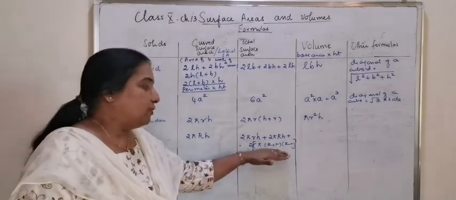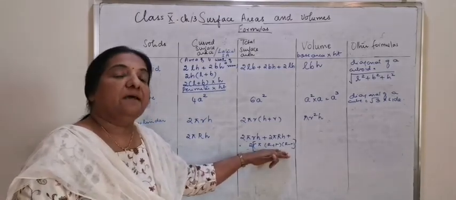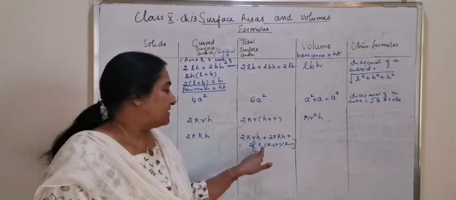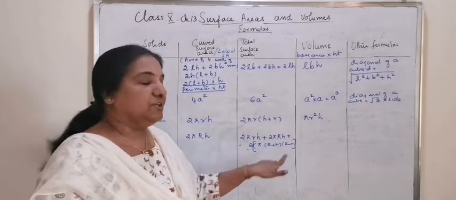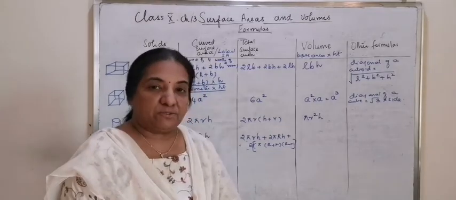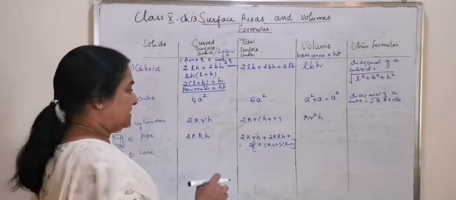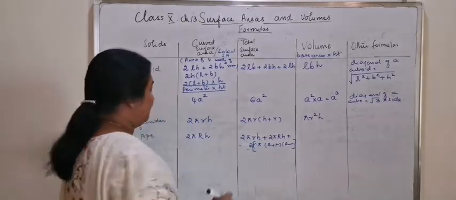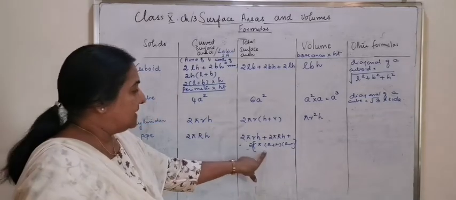This will be the formula for the area of a ring: pi R squared minus r squared, which can be factorized as pi (R plus r) into (R minus r). There will be a ring portion on the top as well as the bottom surface. So the total surface area of a ring pipe will be in this formula.